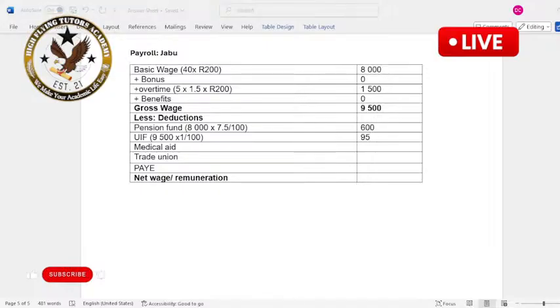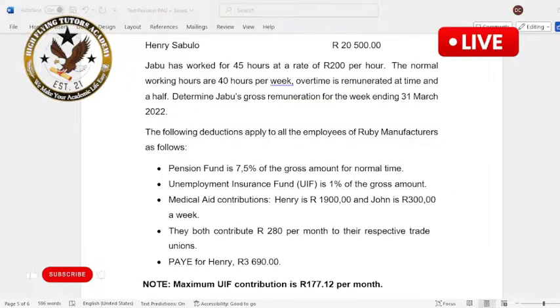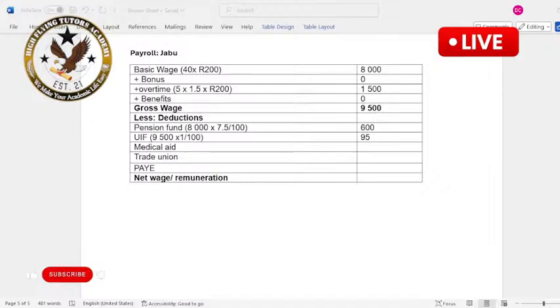our medical contributions. Medical contributions, they say for Henry it is 1.9, and then for John, but the John is Jabu, it's 300, right? So we go and put that 300 there. I think they were supposed to say Jabu there, not John. Alright, 300. So we go to our answer sheet there. 300 medical aid,